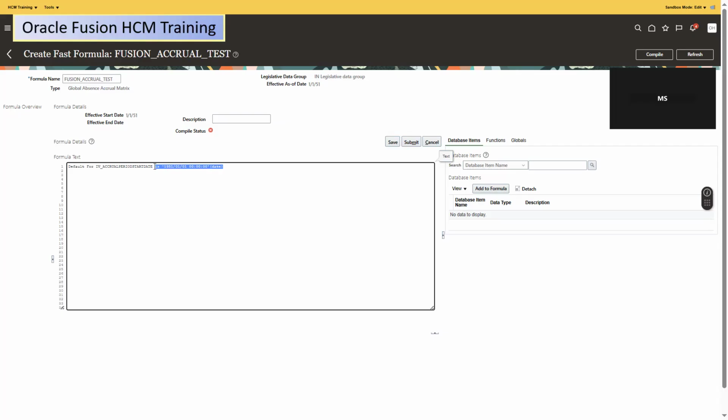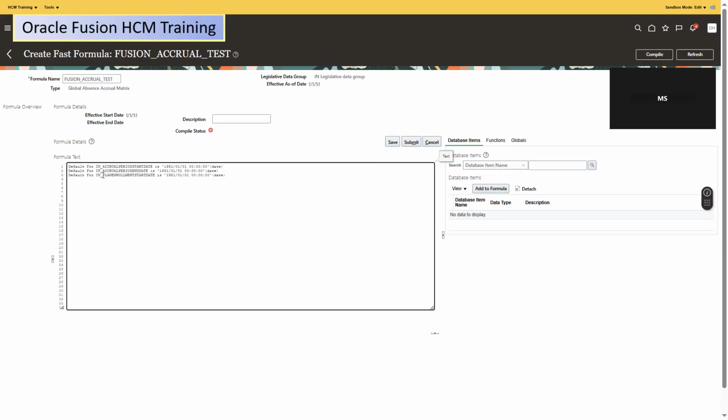Likewise, accrual period end date, and then we need plan enrollment start date. Why will we require plan enrollment start date is,